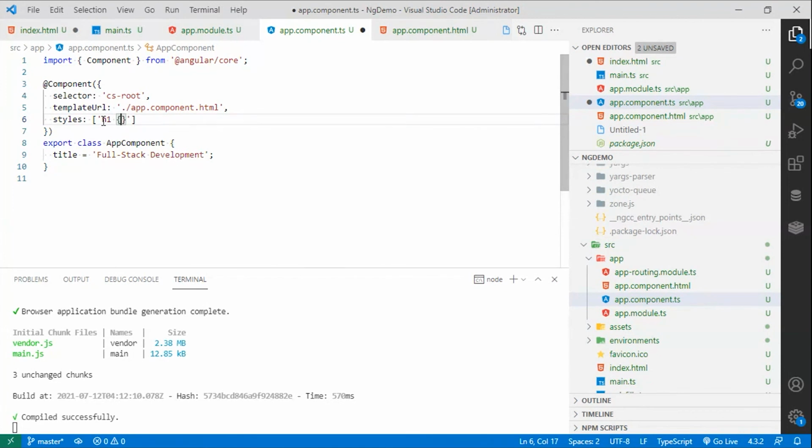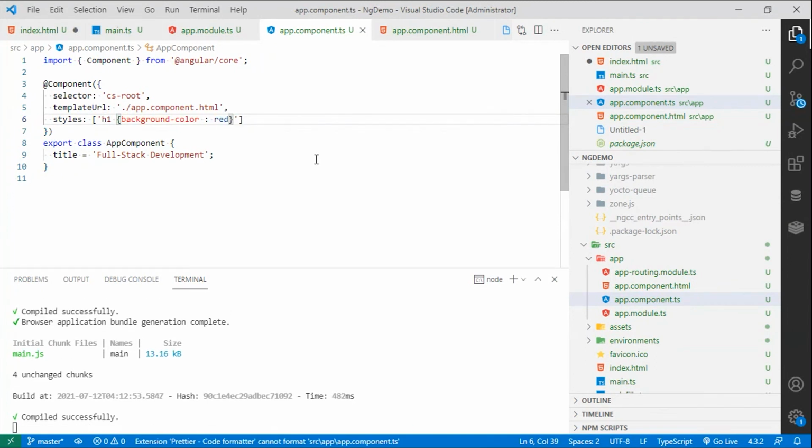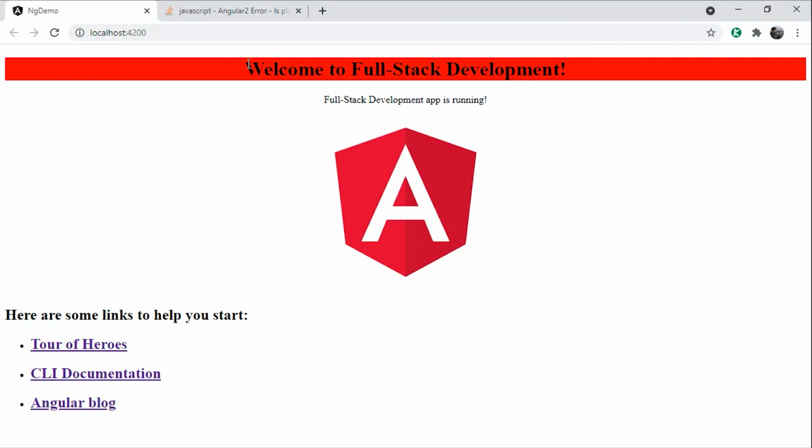the CSS classes. For H1, I want a background color of red. Right. And now if I look at this code, it is taking this background effect. With this, probably